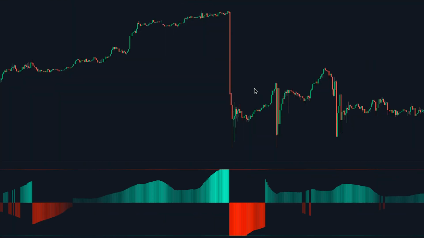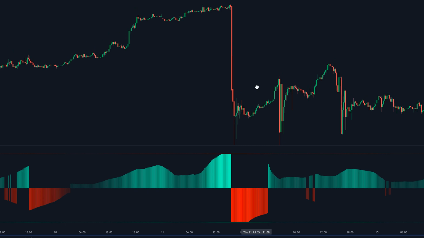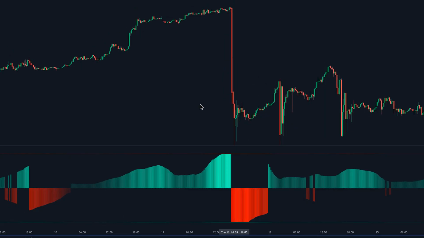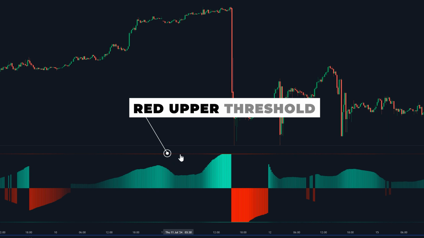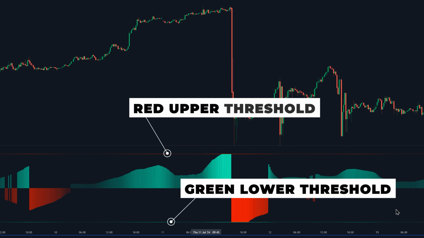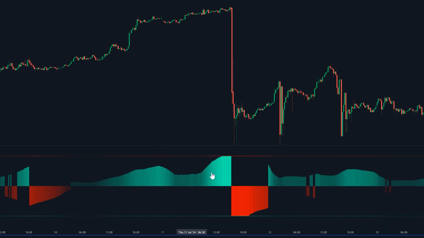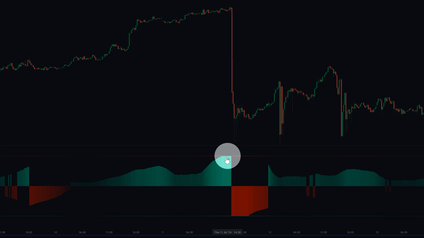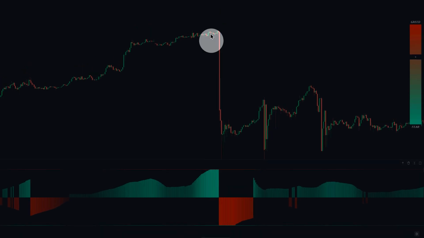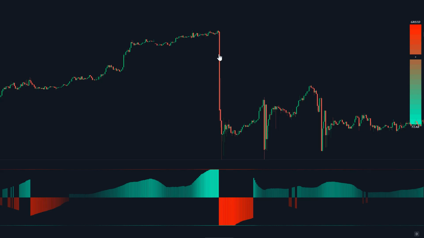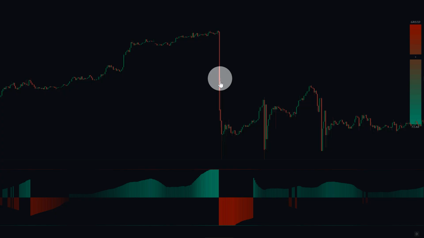Now, the second method of using this indicator is to trade reversals based on market overextensions. Let me show you. This indicator has a red upper threshold and a green lower threshold. Whenever this histogram touches the upper threshold, that could indicate that the market may be overbought. Whenever this happens, price tends to come back down. As you can see, that is exactly what happened right here, although this might have been due to